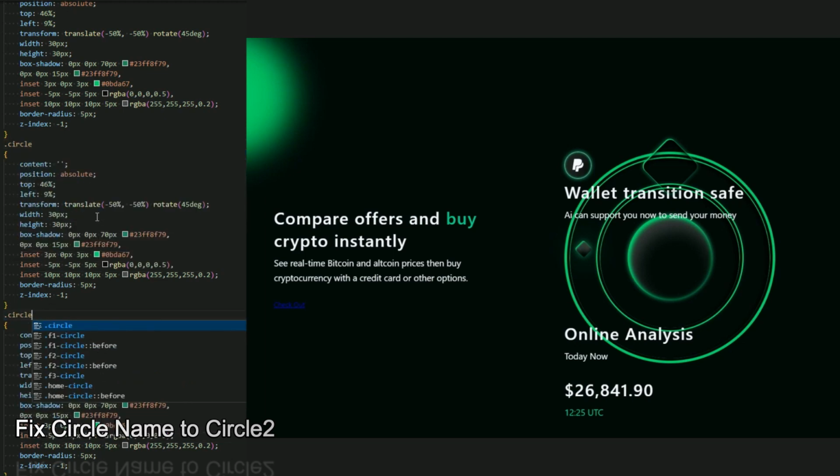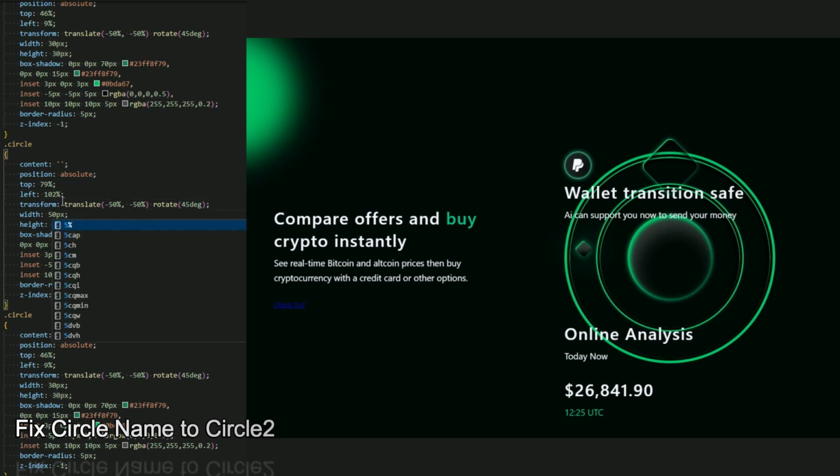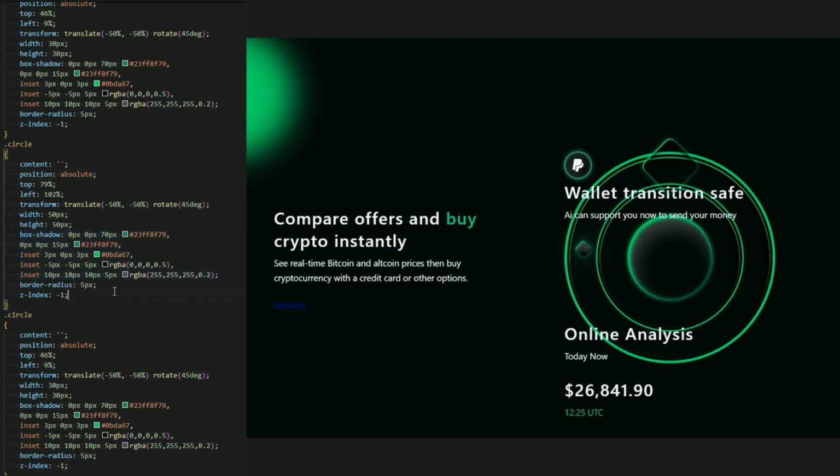Now the top of this circle let be 79%, and the left be 102%. Here we go. Now for the width and the height, let me add more, 50 pixel. The box should be the same.